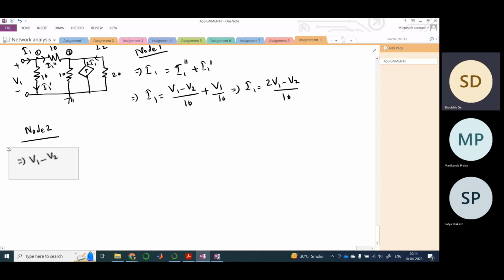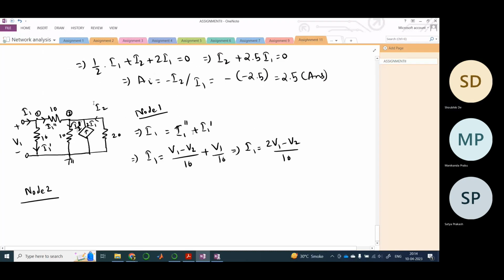Just a minute. So let us write it like I1, or like here, okay? And this is also I2, right? So this is I2 dashed, okay? So if we apply KCL here, I1 double dashed plus 2I1 plus I2